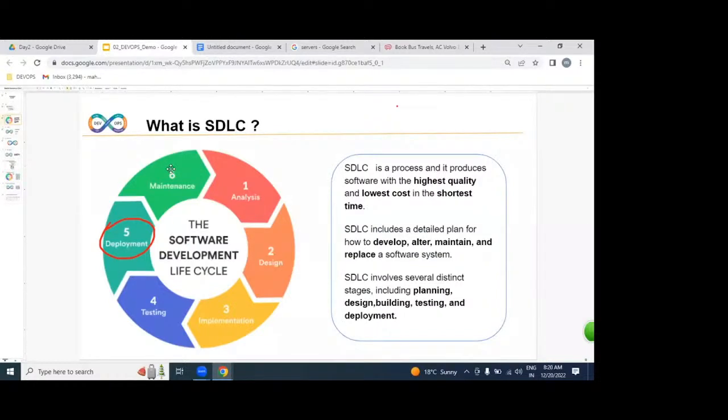This entire process we call as what? SDLC. In SDLC, each and every IT employee is involved. Not only DevOps engineers. It is AWS admins, Linux administrators, developers, testers. We're all together as a team. As a team, we are producing a website.